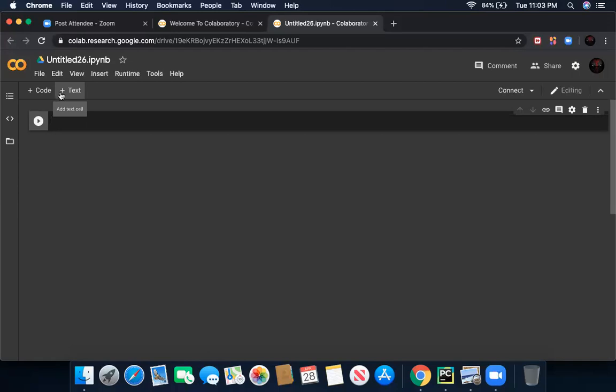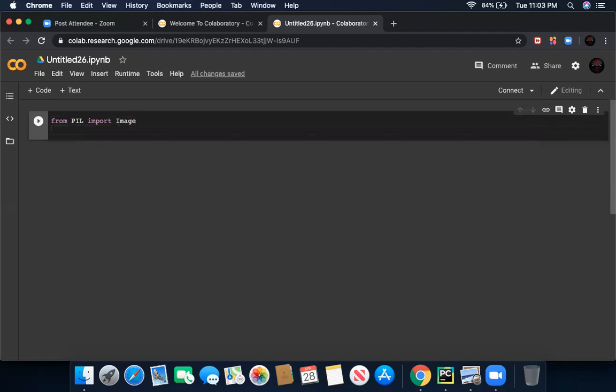So before that, you just need to import from PIL import Image. You're going fast a bit. Got it?